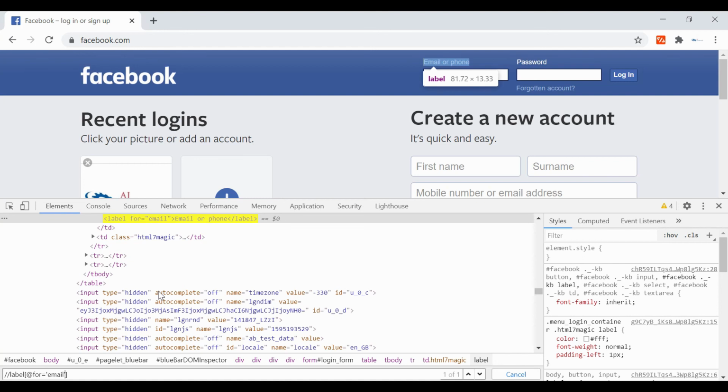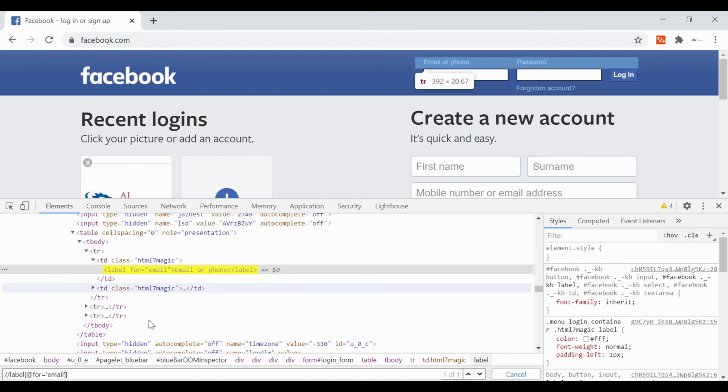Email. Okay, also you can use the and condition here, and text equal to, what is the text? You can just copy this. Okay, so still it is able to identify uniquely, right? So this is how you can use the AND.